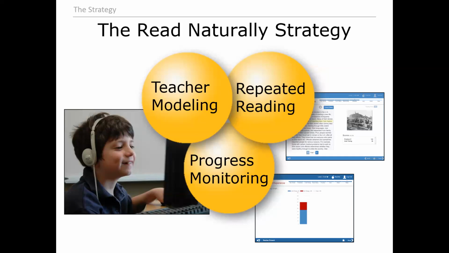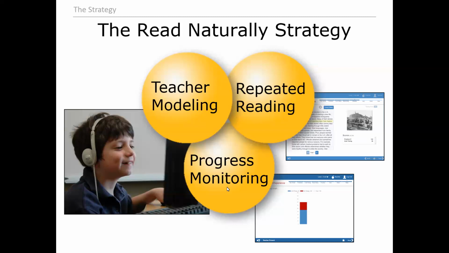They answer some comprehension questions about the story, and then the teacher comes in and does what we call a hot read with them. That hot score is when they pass the story meeting not only their reading rate goal, but their reading with accuracy. So they have 3 or fewer errors and they've answered comprehension questions correctly. They pass the story. And then that is graphed for them again to give that visual feedback on how well they're doing. So I'm going to show you all of those things in more detail when we get into our demonstration. But when we combine those 3 strategies, you will see dramatic results for both your developing and your struggling